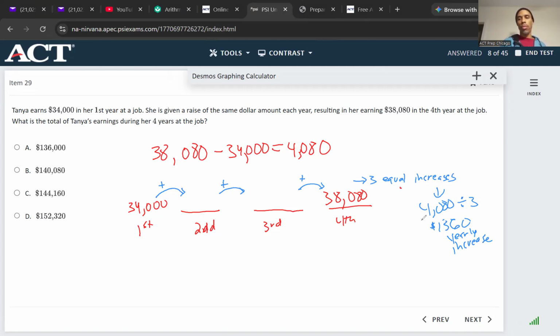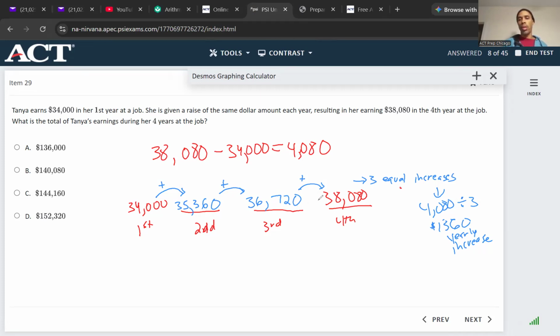So 34,000 plus 1,360 would be 35,360. And then another 1,360 to that, that'd be 7, because 3 plus 3 is 6 plus 1 is 7, and that'd be 36,720. And then if you added 1,360 to that, just to check, you would get